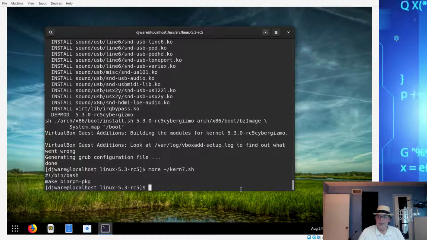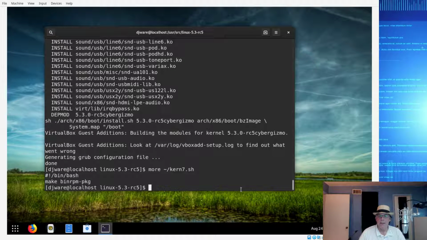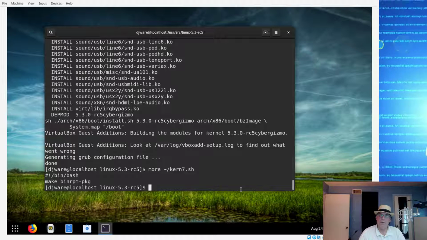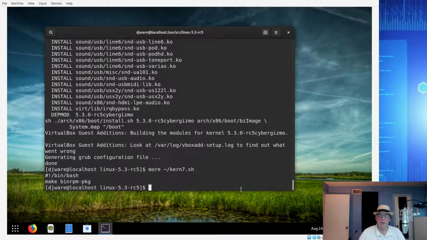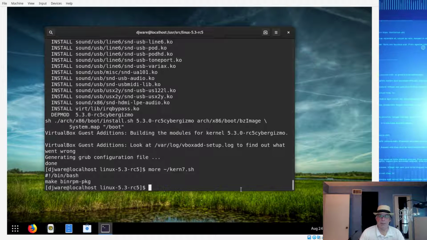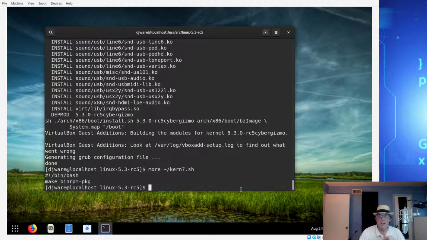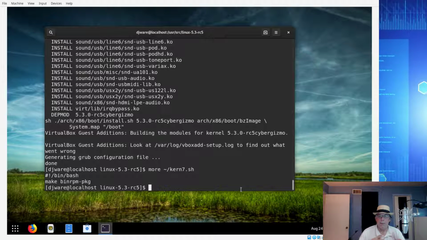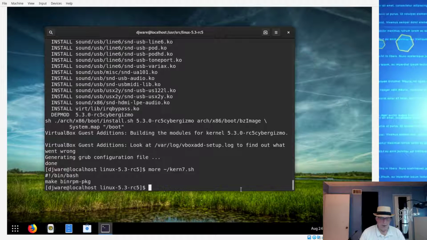So the next thing would be if I wanted to create a package out of this. Now, I'm not going to show you this today. There's plenty of documentation on this, but basically there are two forms of packaging you can do. This one is doing a make on bin RPM dash package, which is just making a package of all the binaries. You can, if you want, do a source RPM. If you're a kernel maintainer and you want to keep a package of the source, you can do that. But at this point, we should be ready